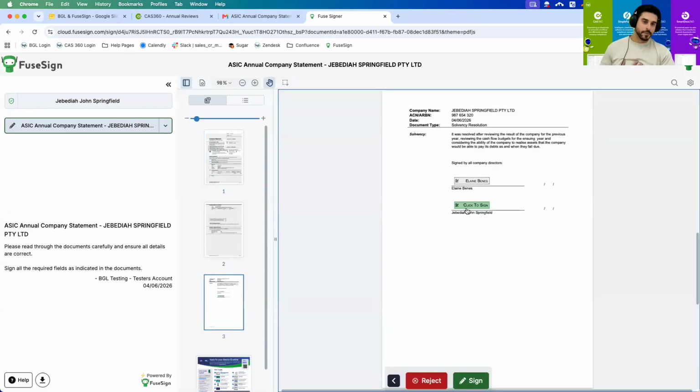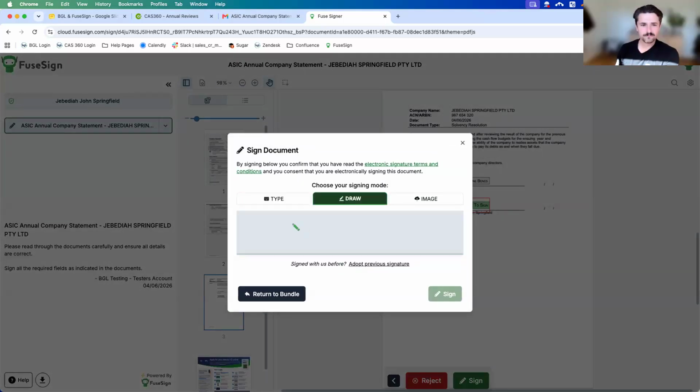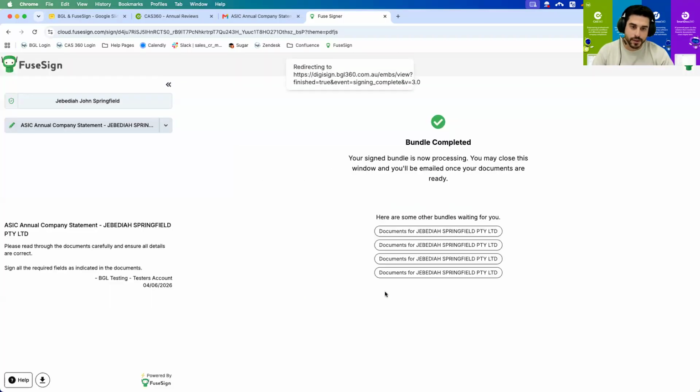So, being myself here, Jebediah John Springfield, it will allow me to either type, draw, or upload an image. So I'll just do a little squiggle there, and we can see now